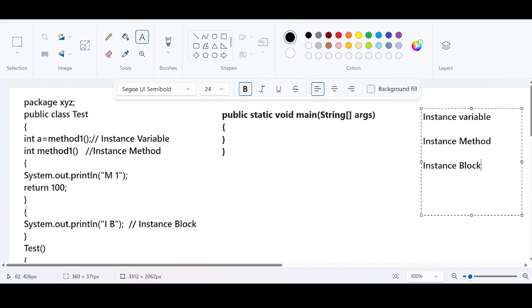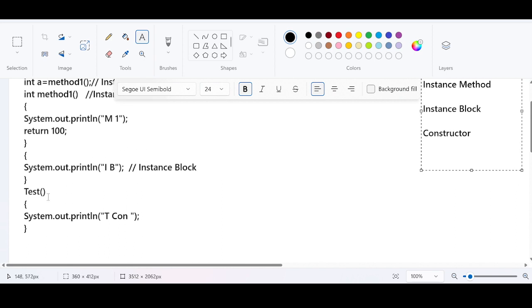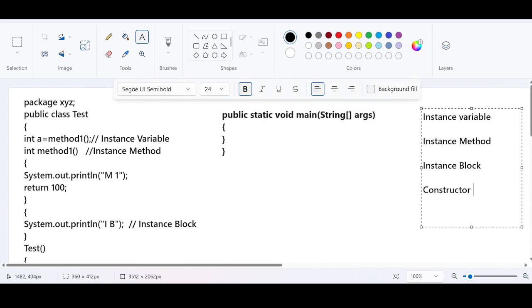This is the instance block. Then we have a constructor, the Test class constructor. Then we have the main method. Inside the main method there are no instructions, it is empty. Even though there are no instructions in the main method, it will try to